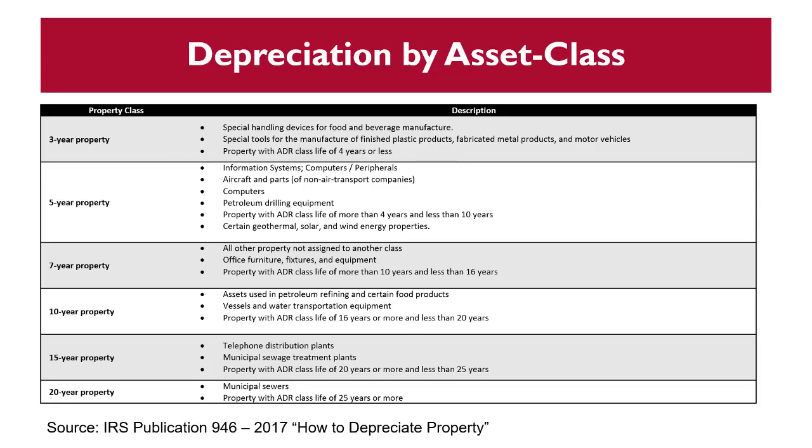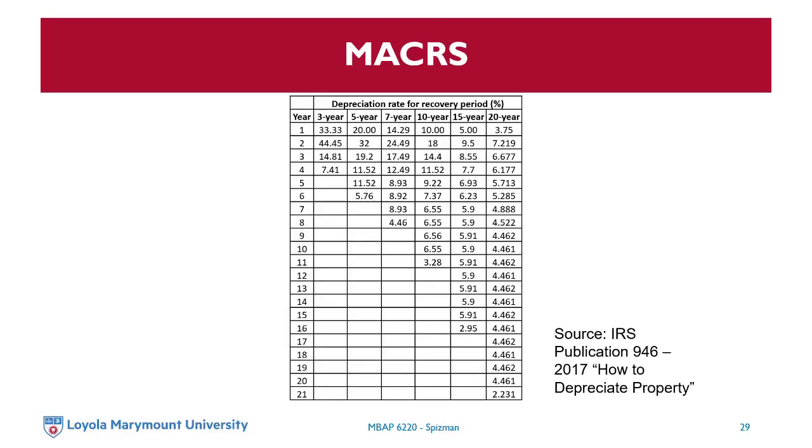So I provided those two tables here. This is IRS publication 946. You look up what your asset is. Let's say our asset is office furniture. That falls in the 7-year property class, so you say, I'm going to depreciate my office furniture, I'm going to use the 7-year property class. Then you go to this next table, and in this table, it tells you what percent you depreciate per year. So if we're in the 7-year